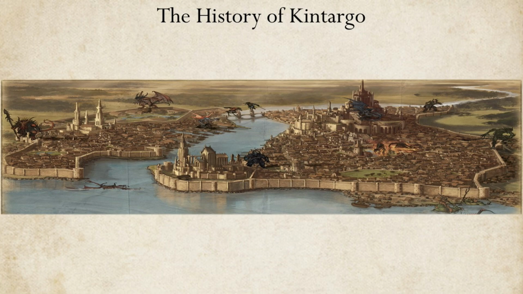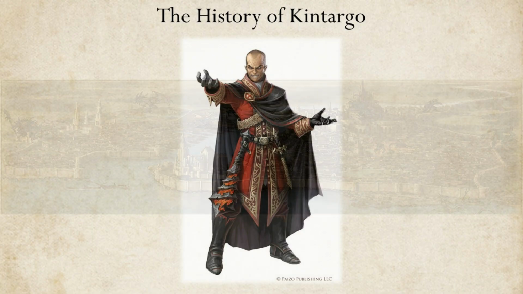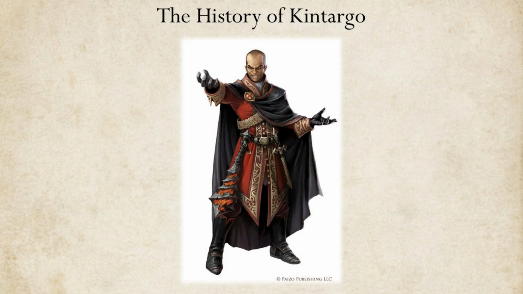This, of course, led to Kintargo becoming a hotbed of anti-Thrune sentiment, as rebels and rabble-rousers from all over the Empire realized they were safer in Kintargo than anywhere else. This included followers of Cayden Cailean and Milani, as well as agents of the abolitionist Bellflower Network. This all came crashing down in 4715 AR, with the appointment of Paracount Barzillai Thrune to the position of Lord Mayor by the Chelaxian government.